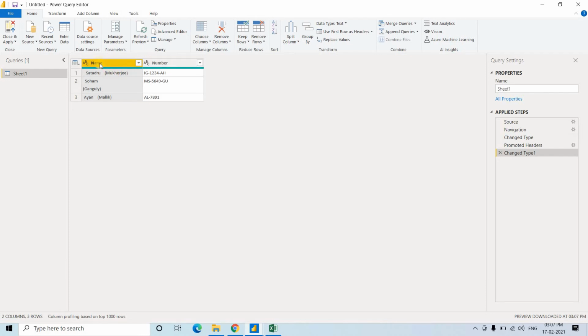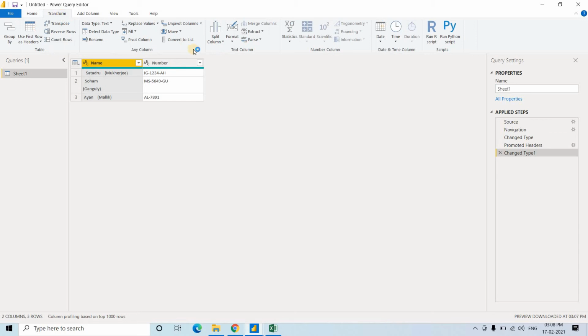The first row became the header. Now remove the unnecessary spaces appearing at the beginning of the string. So we'll go to Transform and here Format, Trim. See, all the spaces present at the first and last part are gone. Then, see here, this is a 2-line string, so we have to clean this. To make this a single line, you have to go to Format and then Clean. Okay, so it will clean this.